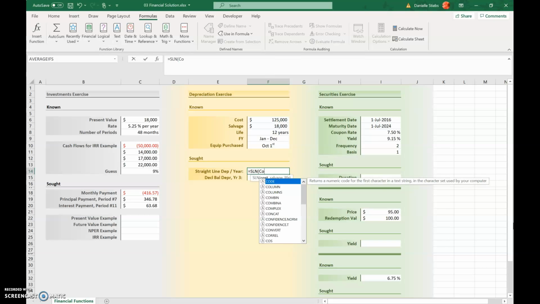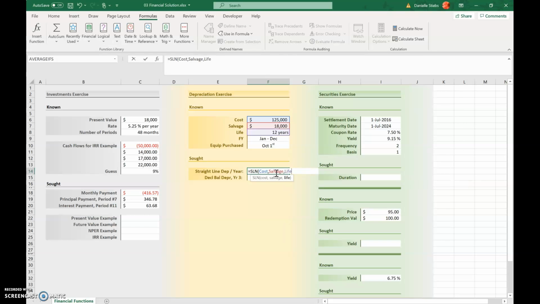And we're going to type in cost. Select cost, that set of cells, which, where's the mouse, is right here. We're selecting cost and press tab. So you should see this highlight, and this should say cost, comma, we're typing salvage, comma,